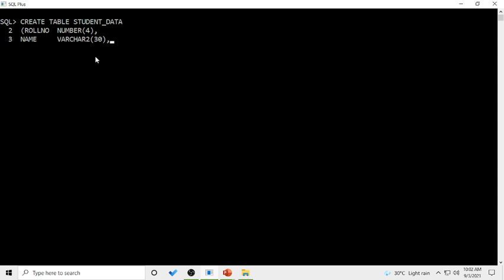And the advantage of varchar is, suppose for one record I'm storing a name of 5 characters only, the rest of the spaces for 25 characters will not be wasted. Means my system acquires memory space for storing a name of 5 characters only. But the flexibility with this varchar is we can store a name of size 30 characters, right?